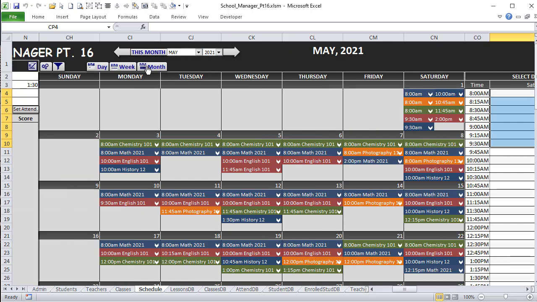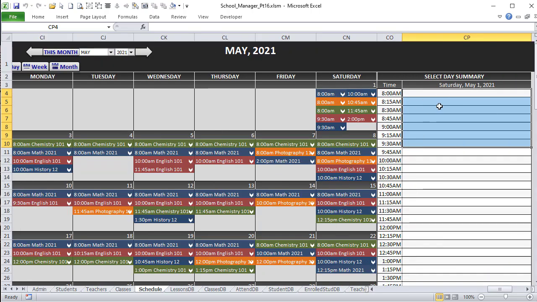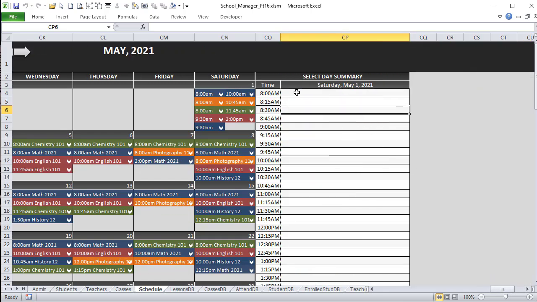Okay, so that's the month view schedule. That's what we're going to be putting our focus on today. So basically, we have to determine exactly how many lessons are in a single day. How many lessons are in a single time, right? I want to know how many lessons are scheduled for 8 o'clock or 8:15, because that's going to help us. If I know that there are 4 or 5 lessons, I'm going to need to split this